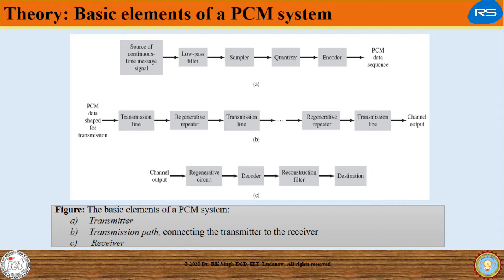And the next block of the PCM system is the encoder, which encodes the quantized signal into discrete levels, and finally this data is transmitted through the channel and ultimately received at the receiver end. At the receiver end, reverse processes are taken, that is, we decode the signal and dequantize it, and in this way we recover the original message signal, which is a replica of the transmitted message.